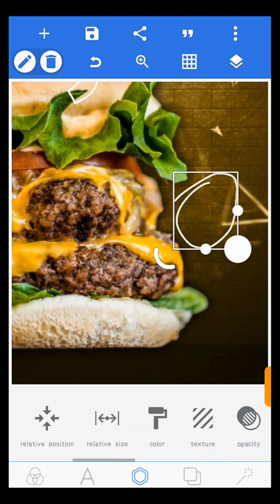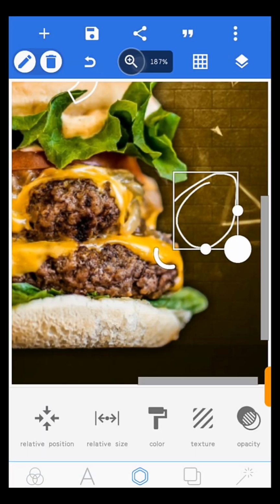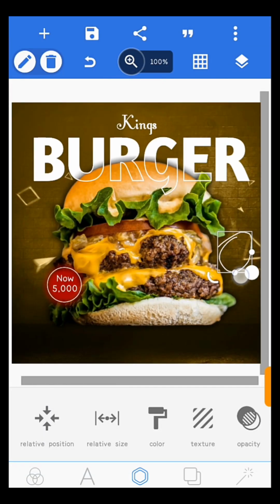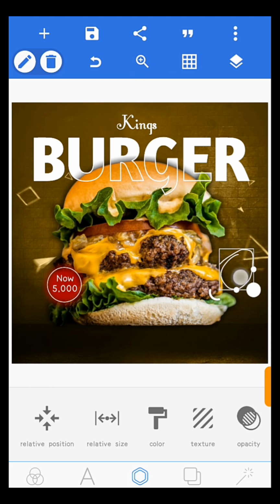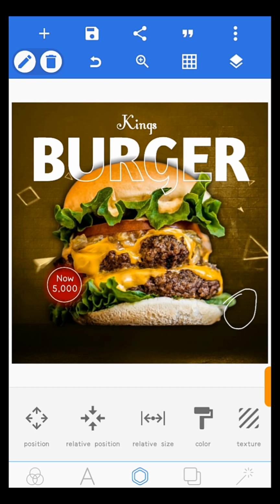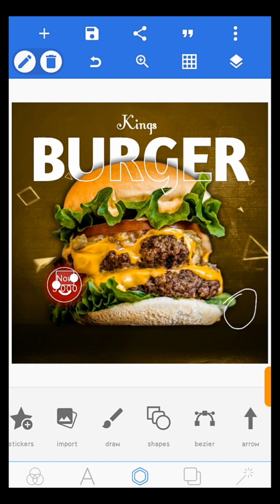Yep, use your zoom view. Okay, and you have this, and then you can duplicate this